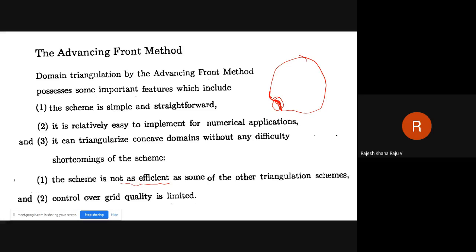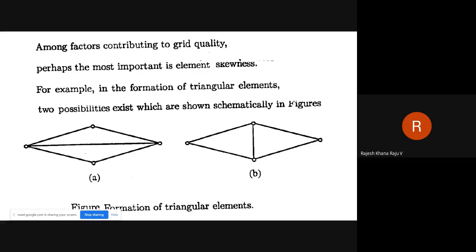Control over grid quality is limited means, for example, in this particular situation, out of these 4 grid points, one can create triangles in this manner or one can create triangles in this manner. But if you are creating triangles in this manner, then this sort of triangles will give you skewness, and this has to be eliminated.